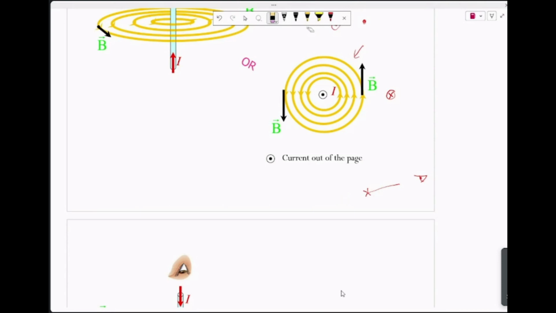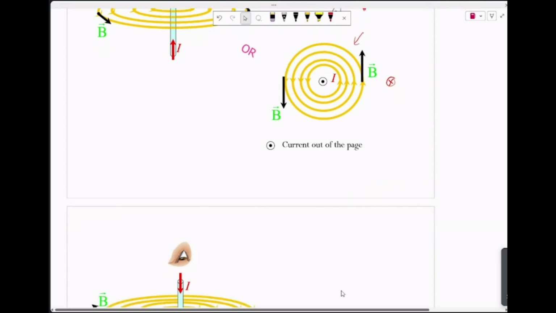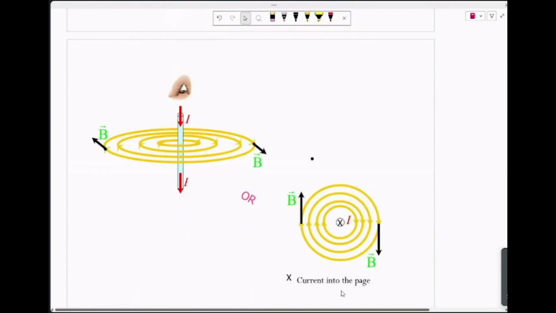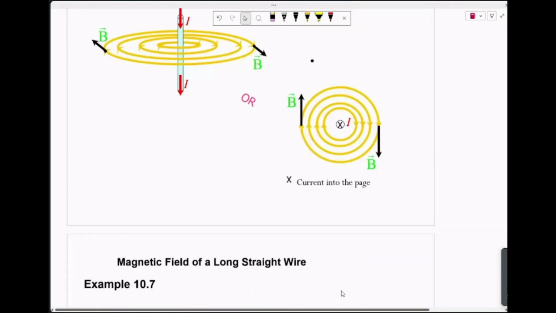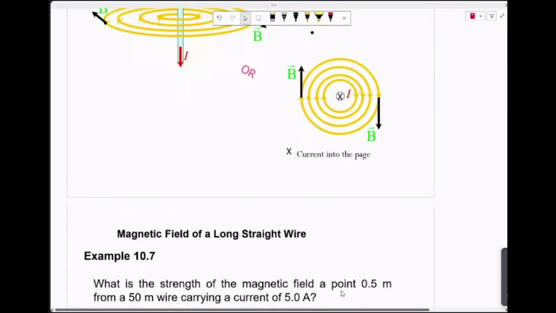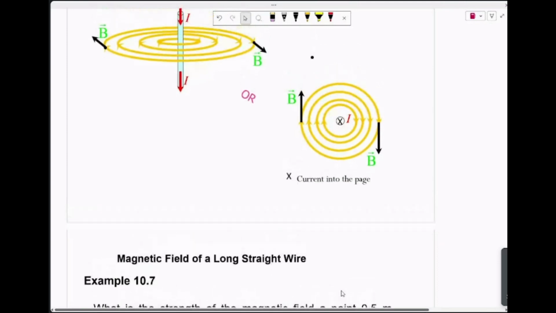We still use the same symbol, either for current or magnetic field. So this is the same thing. You can also test it using your notes again, and then apply your right hand grip, to check whether it's consistent with the direction of the current, followed by the direction of the magnetic